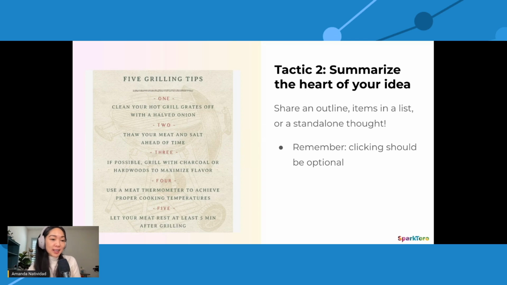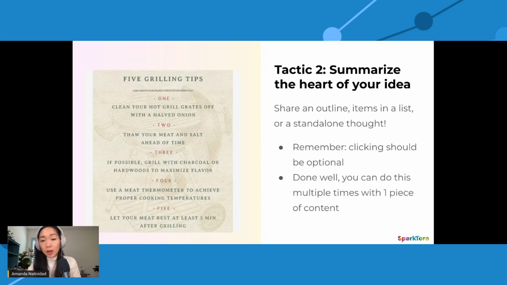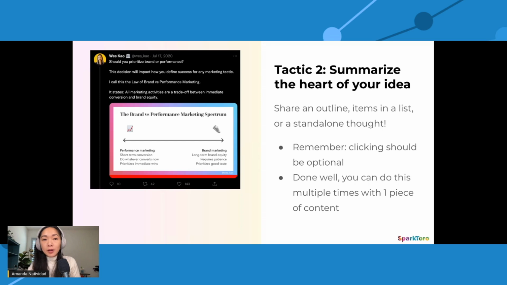Like this actually doesn't even link to a blog post. This is just a standalone insight that they did to make their newsletter standalone valuable for anybody who's just skimming through it. And when you do this well, you should be able to do this multiple times with one piece of content. Another example of this,